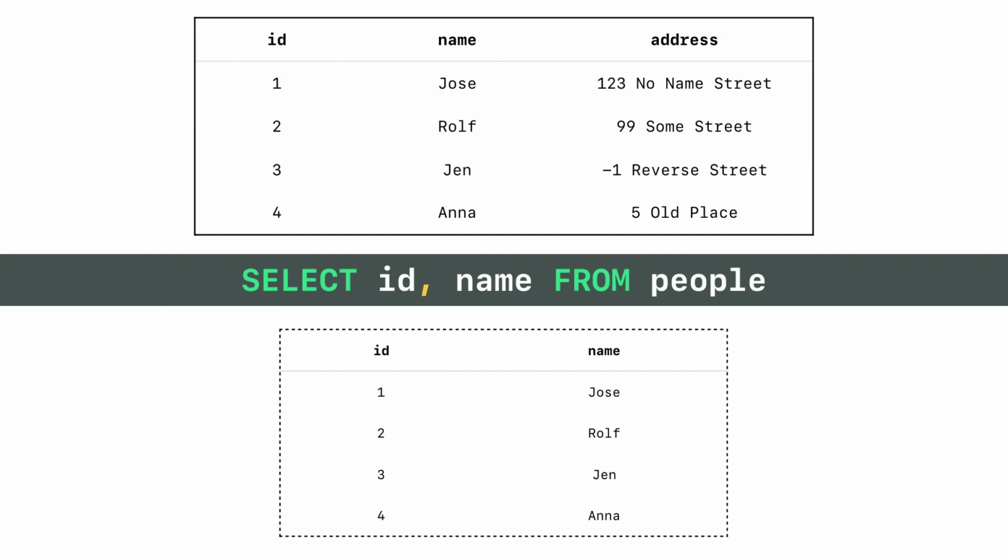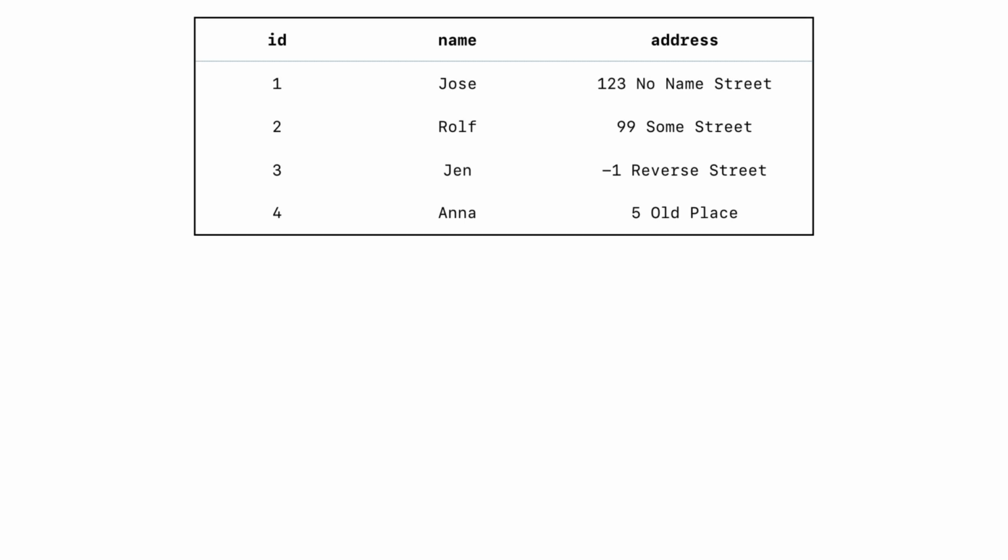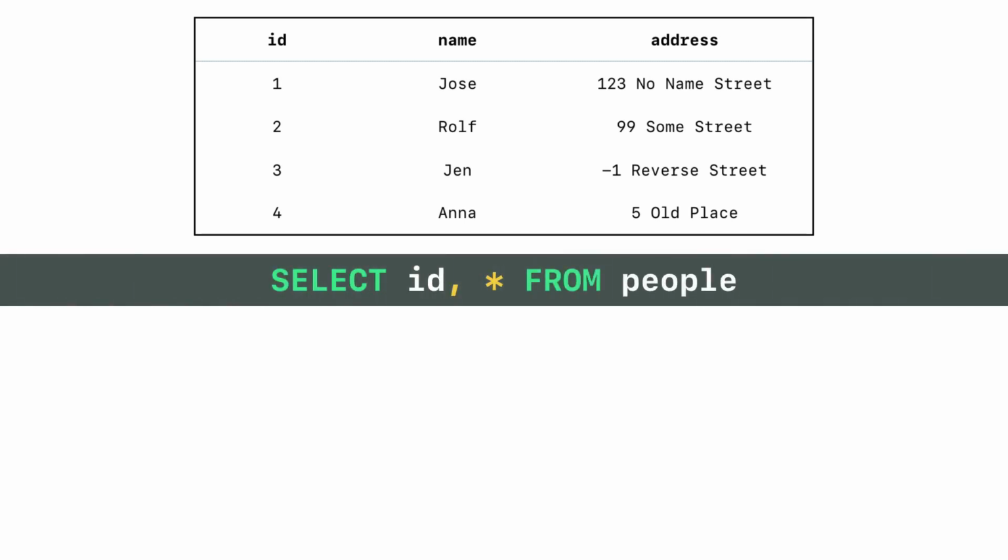Notice how the general formula here, the structure or syntax of this statement is first of all select, then the columns you want, whether it's a star or whether it's some comma separated column names, then the keyword from, and finally the table. You can also merge them together, so you can select ID, comma, star if you want, but